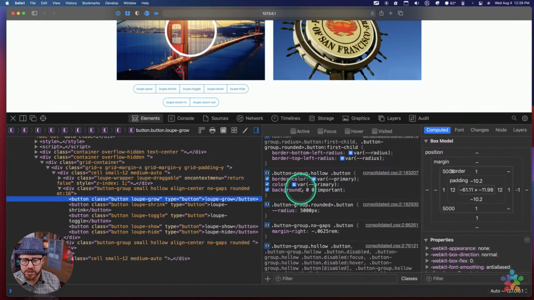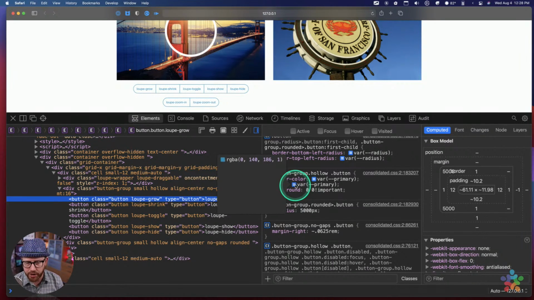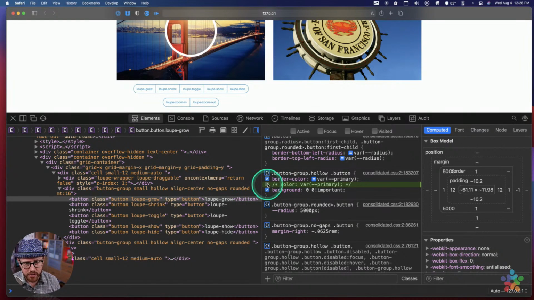Okay, now this is probably new to some of you. Foundation 6 uses something called CSS Variables or CSS Custom Properties. They're both the same thing. And so this is using a variable of primary, and if you click on the little equal sign, it'll tell you what that color is currently set to. So he's using a variable called primary that currently has the value of this blue, and that's the exact blue that's getting applied. Okay? So if I were to turn that off, it's actually going to be the same exact color, but